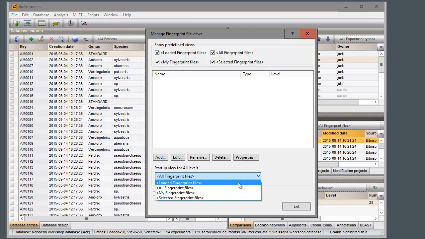I select the Loaded Fingerprint Files view as Startup view. Now, no fingerprint files will be loaded when opening the database, and this will significantly reduce the startup time of databases having a lot of fingerprint files.